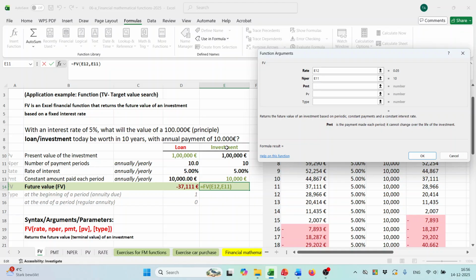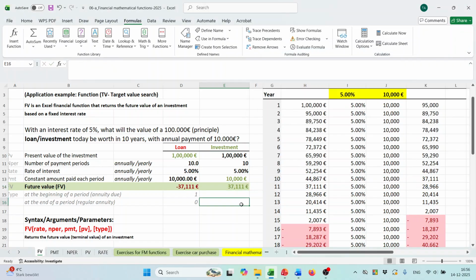We calculated the investment, so it is from the bank's perspective. As the bank is getting the money, it should be indicated by a plus sign, and it is 10,000. And present value, so present value of the investment, as the bank has given the money to the farmer, it is negative for the bank, and we need to indicate it by a minus sign. So we can see that the bank will still get 37,111 euro from the